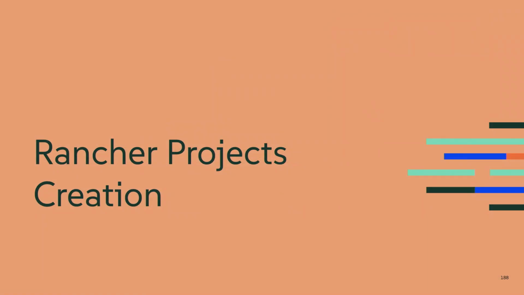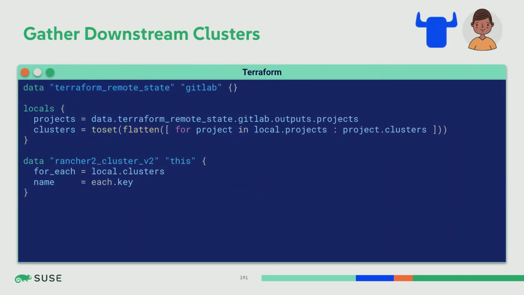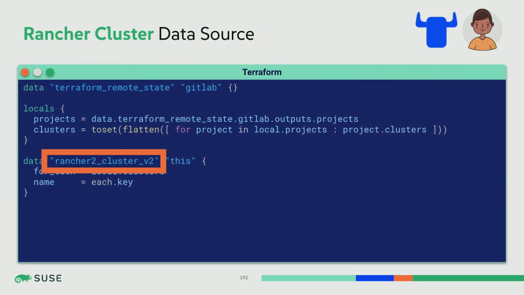And now let's move on to the Rancher project creation. Creating the Rancher project is similar to what we did with GitLab. Here, I need to target all the clusters, so test, staging, and prod, to let the developer promote their development from test to production. To do so, I will gather information from the Rancher clusters that have been deployed by Dave. So I will use the data source Rancher clusters to get the cluster ID that we'll need to create the